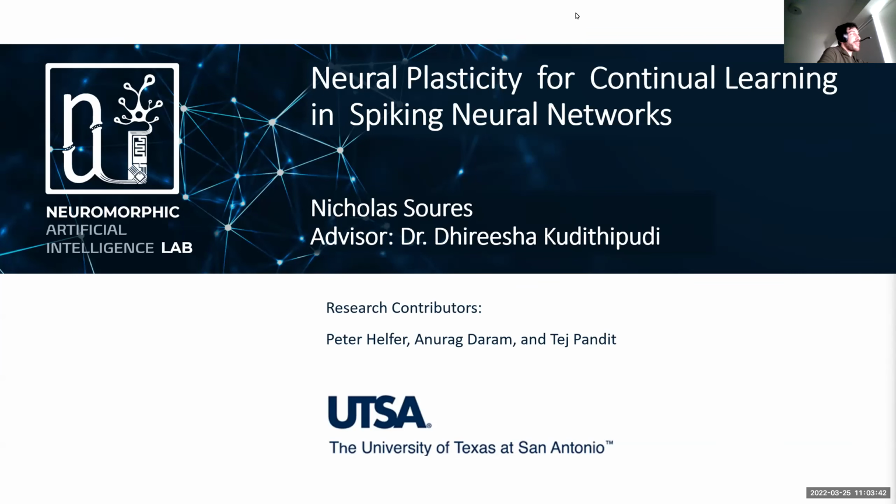So what I'm presenting is almost the same as what this title says. The focus is on task agnostic continual learning, or TACOs, in spiking neural networks. My title right now is just neuroplasticity for continual learning in spiking neural networks. So both mean the same thing. But if you see a discrepancy between the information that was shared and the title presented here, that's just why.